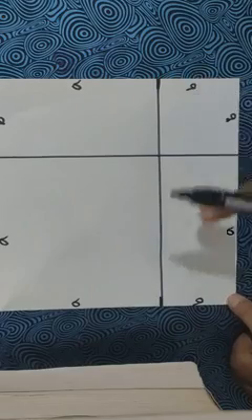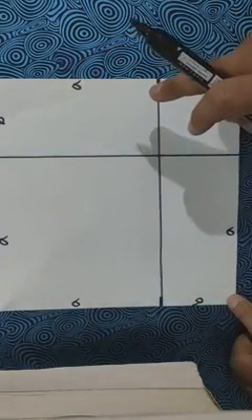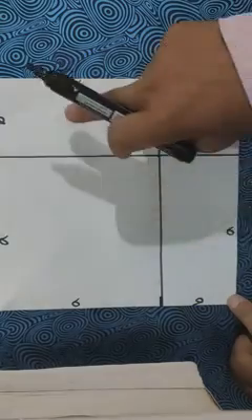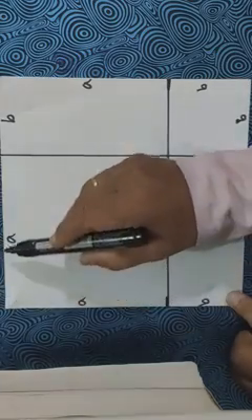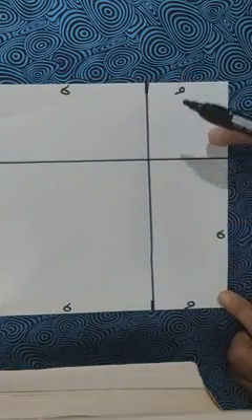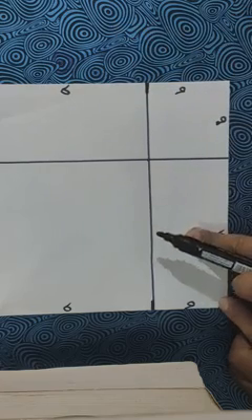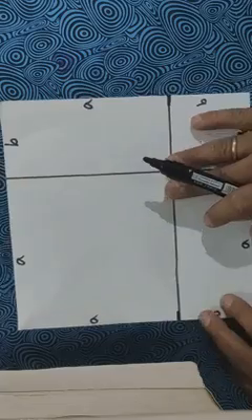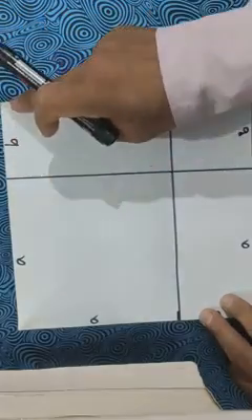That means in this square shaped paper we have marked some points in such a way that we obtained two squares and two rectangles. Okay, the sides of this square measure A each and the sides of this square measure B each. Similarly, for this rectangle the length is A and breadth is B, and for this rectangle the length is A and breadth is B.